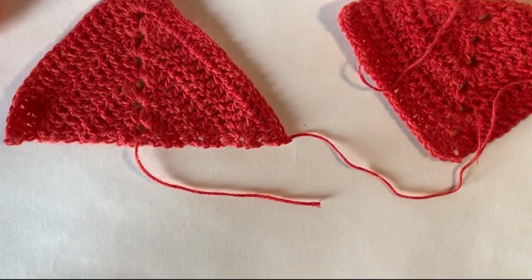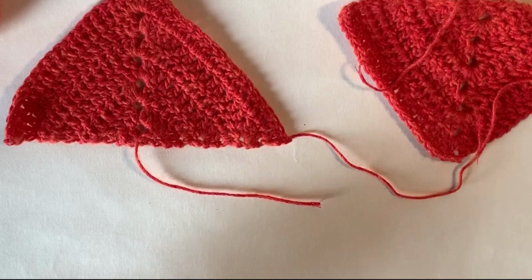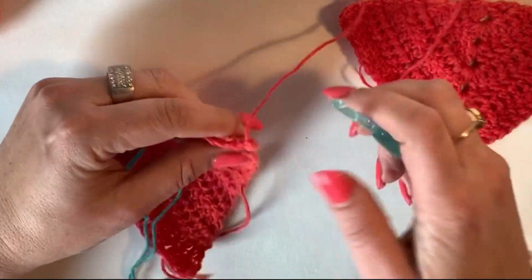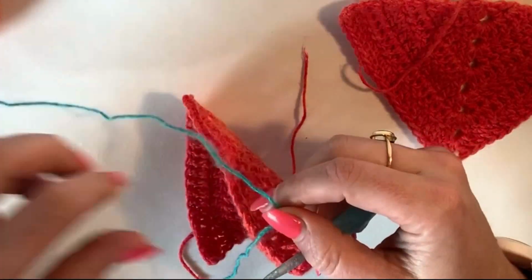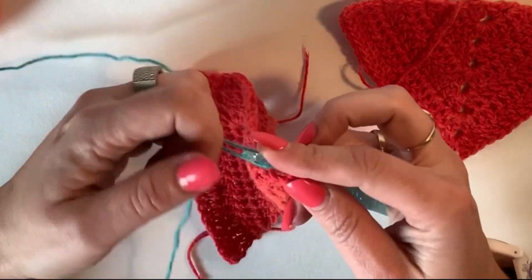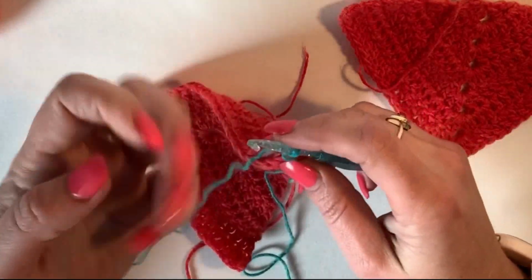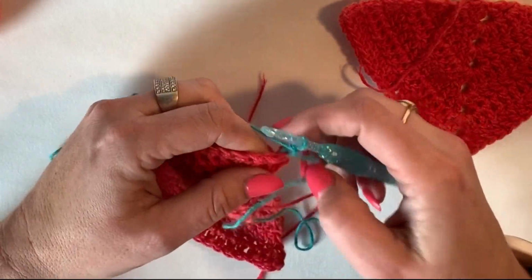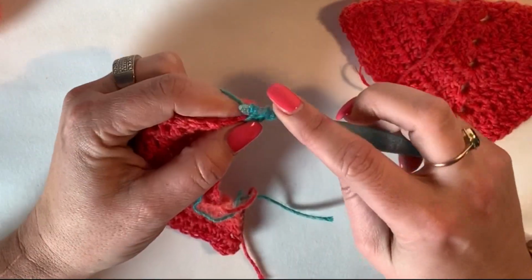So I'm going to take my next color and I'm going to join it where I tied my last color off, which was here. So I'm going to slip stitch it to join. Very simply like this, and I'll chain 2 because that was in the instructions. Chain 2, so that's a very simple chain 2,